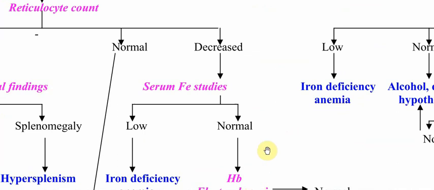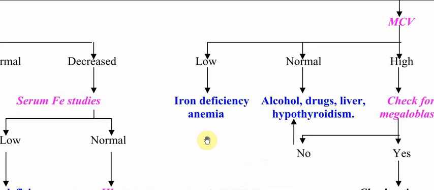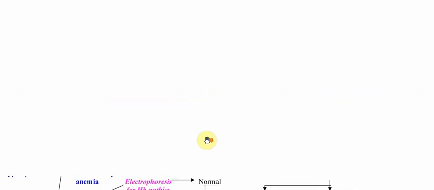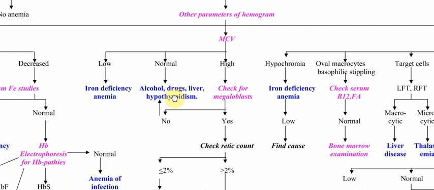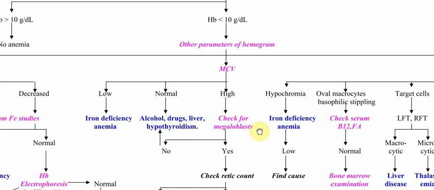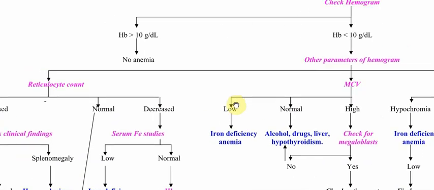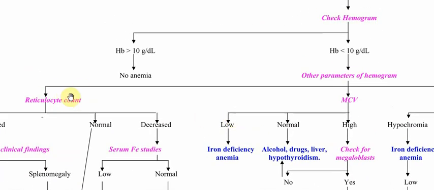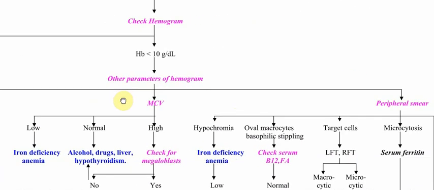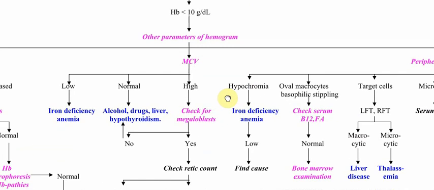So we have finished this part of the algorithm, which involved looking at the reticulocyte count. We go to the next part of the hemogram, assessment based on mean corpuscular volume. First part in this algorithm we had already seen, reticulocyte count. This is the second part, and here is the third part, peripheral smear, to which we will come by and by. With mean corpuscular volume assessment,